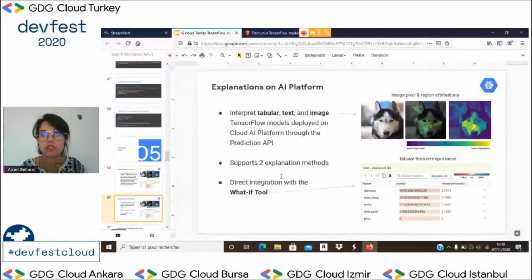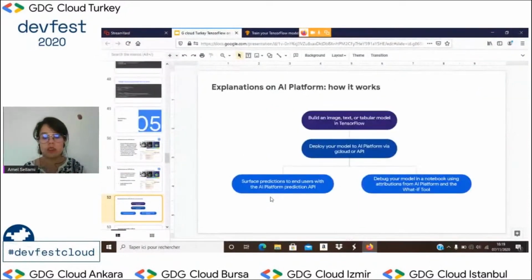The What-If tool is just a tool that helps you wrap everything and understand. It can be used on Google Cloud Platform, Jupyter Labs, and so on. It's like TensorBoard for TensorFlow, an architecture to help you understand and explain things. So basically, this is how explanations on AI Platform work.